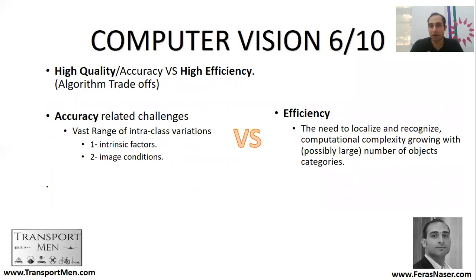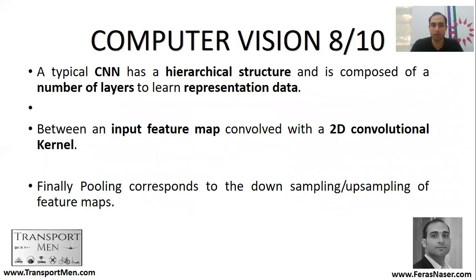And it's always a trade-off when you are applying these models. It's a trade-off between accuracy and efficiency, and each one of them has its own challenges. In terms of accuracy, there are intra-class variations, there are many class variations, and the images are not clear. In terms of efficiency, there is a huge computational requirement and the number of objects that can be detected in an image, because there can be millions of objects or only 10 or 20. So it depends on the efficiency that you would like to introduce to your algorithm or model.